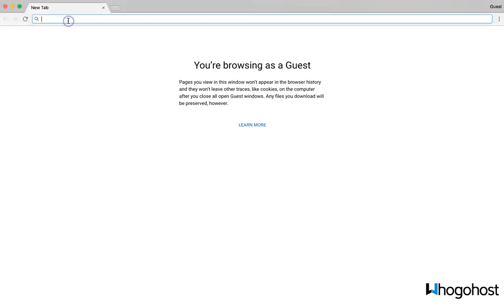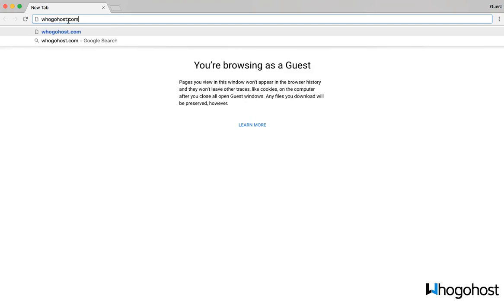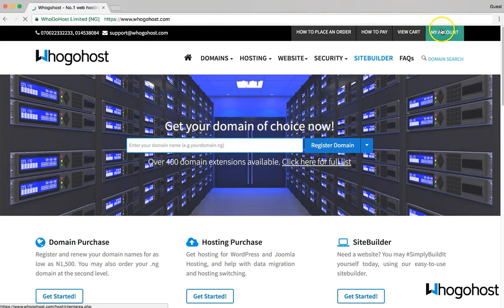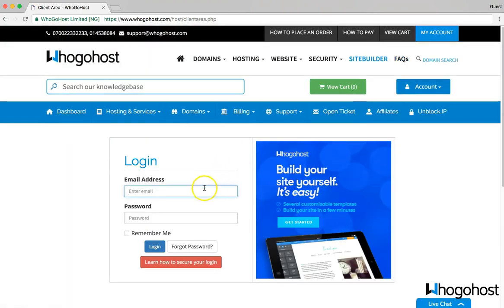The first thing we'll do is to access the website whogohost.com. And from here, we would access my account. This is where we would log in with the email address and password that we used to register on whogohost.com. So log in. Now, assuming that I've paid for this service, and so the service is now active,